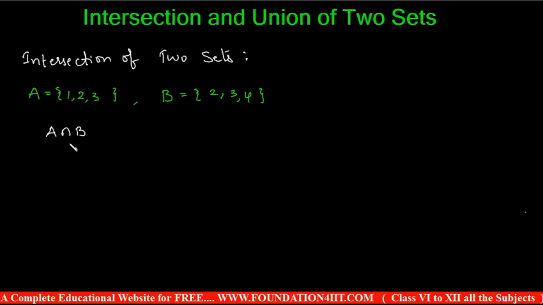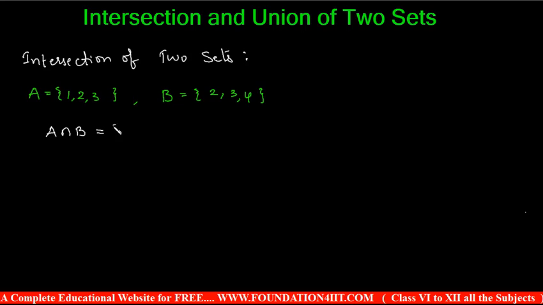Okay, this is the symbol. This U reversed is the symbol for intersection. It is written as A intersection B, and we can read it as A intersection B or A cap B. Generally you can use the word intersection, but sometimes some books use A cap B also.